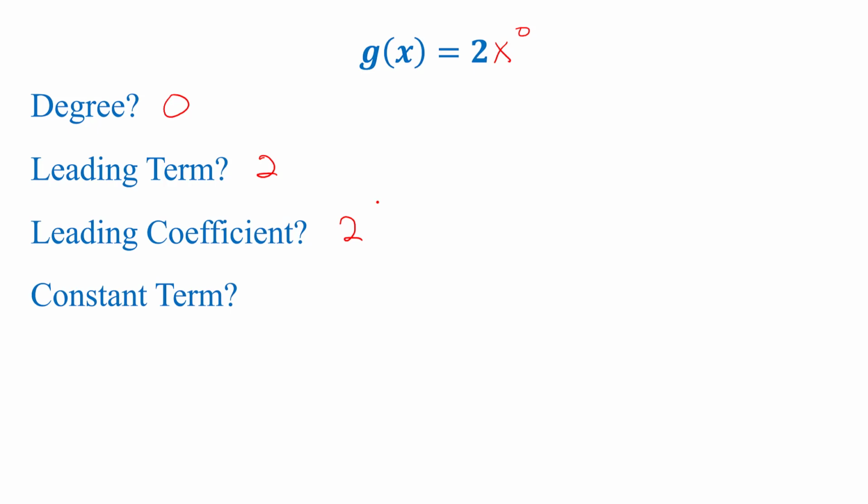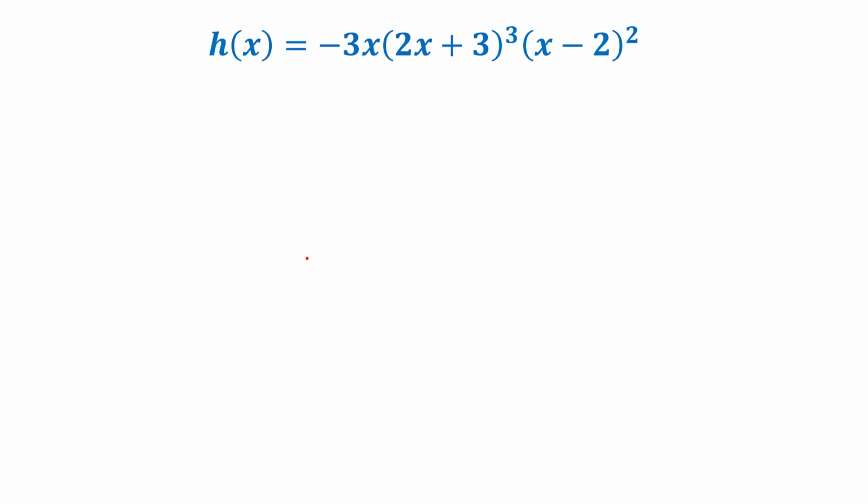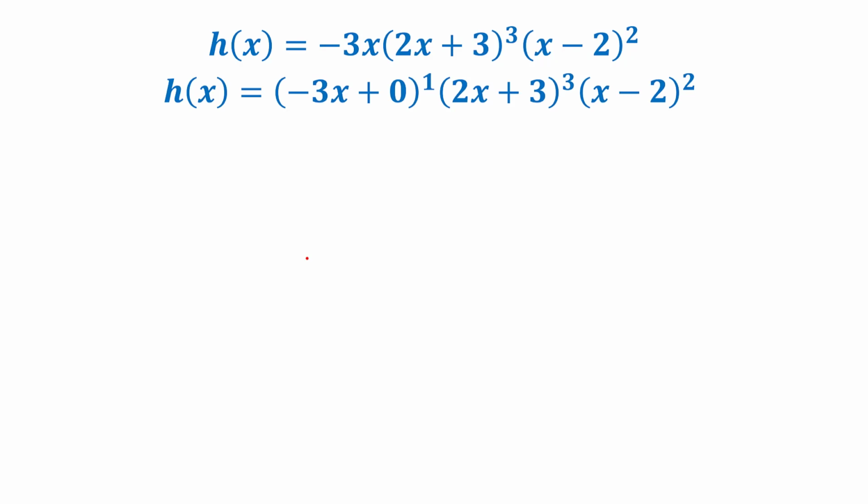And then when we're asked for the constant term, well, 2 is a constant, so 2 would also be the constant term here. If we look at h of x equals negative 3x times 2x plus 3 cubed times x minus 2 squared, and we try to find the leading term and the constant term here, well, let's see what we need to do first that might help us